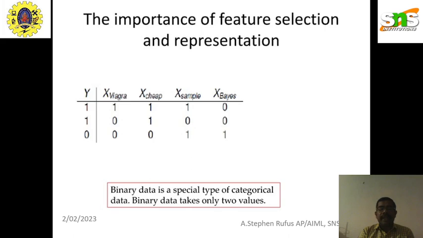In the case of feature selection and representation, we may put it into the form of binary data. If you are talking about binary data, we already know it is either 0 or 1. Simply we have to say it is yes or no. All machine learning as well as artificial intelligence follows this phenomenon alone. If you are giving an input, either the input correlates or not. So there we come to the conclusion, yes or no. So the feature selection is finally giving one categorical data, and it's giving a two-parameter kind of result, either yes or no.